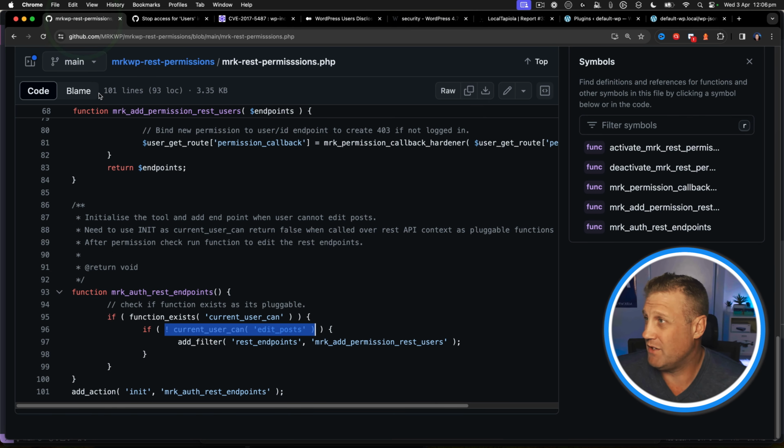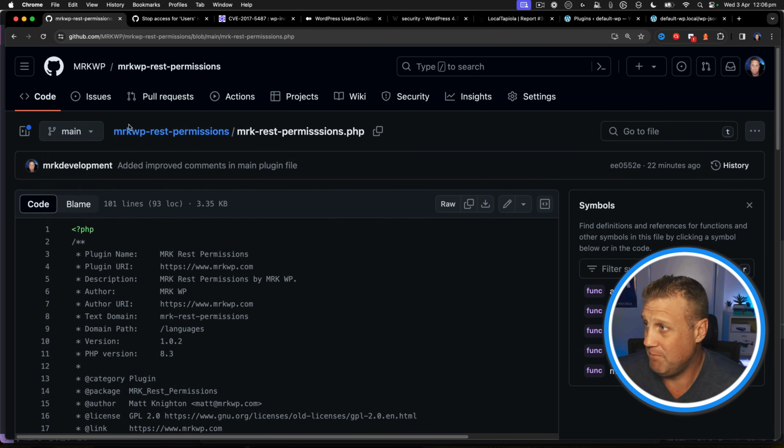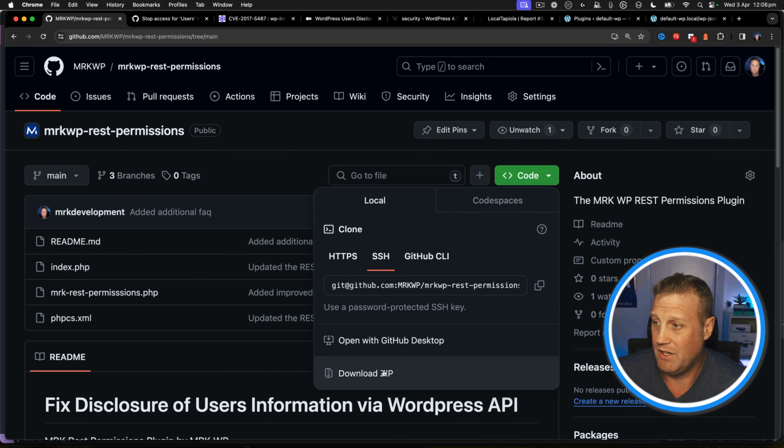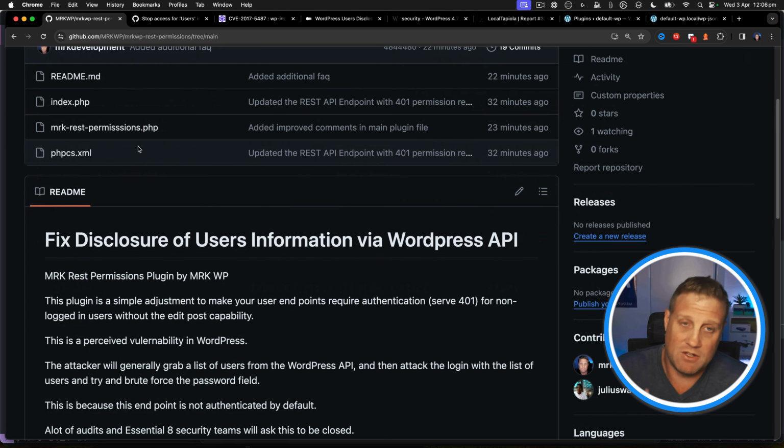If you want to make use of it, you can go to GitHub, go to the top URL that's here, and under code, just say download zip right there. That will give you a zip file of the plugin able to be installed. Again, I kept it nice and simple so that everyone can see that code relatively easily and know exactly what it's doing. So you're not introducing any kind of security risk to your website by putting this plugin in there,